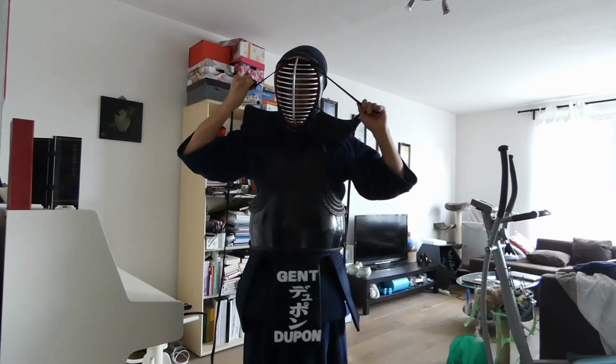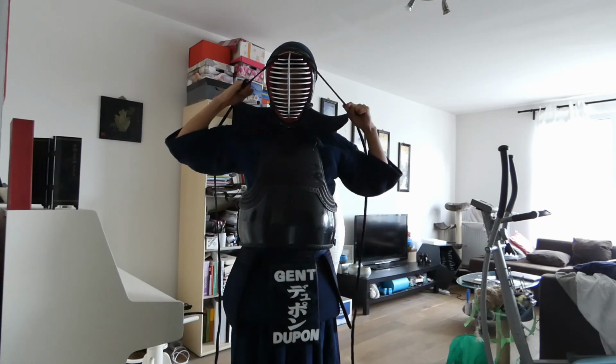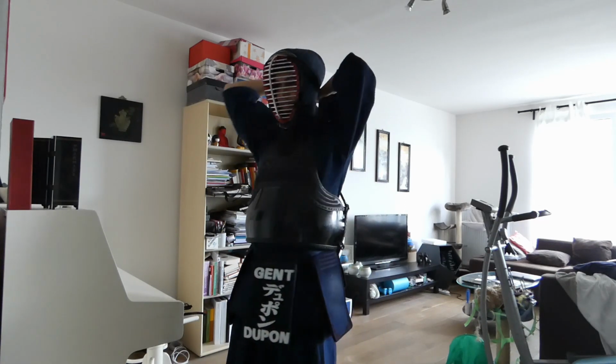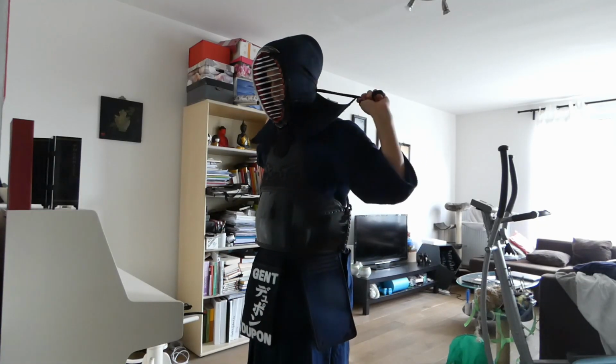Now, as I put it on, obviously if I just let this loose, it's going to fall off, so I need to tighten it and make sure that it stays on my head. So what you do is, you take the two himos on the back of your head and you just make a knot. And you tighten it with a butterfly knot. Now, once I've tightened it,